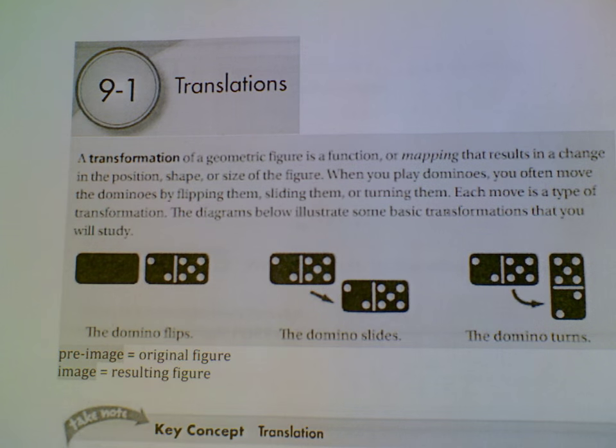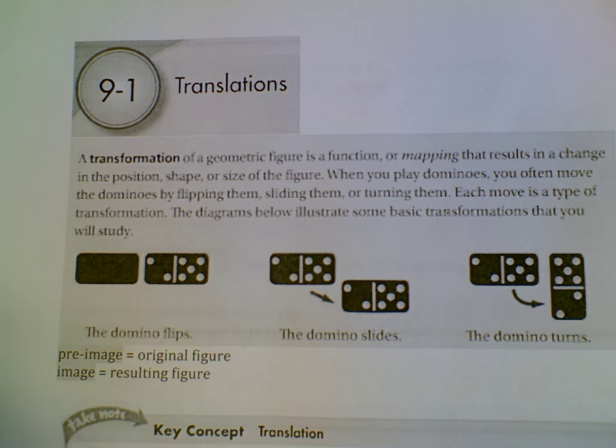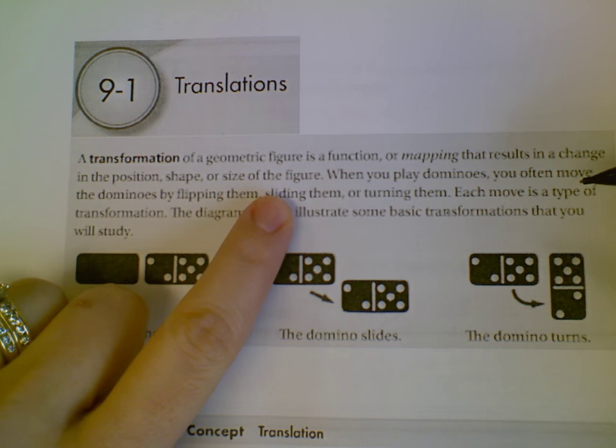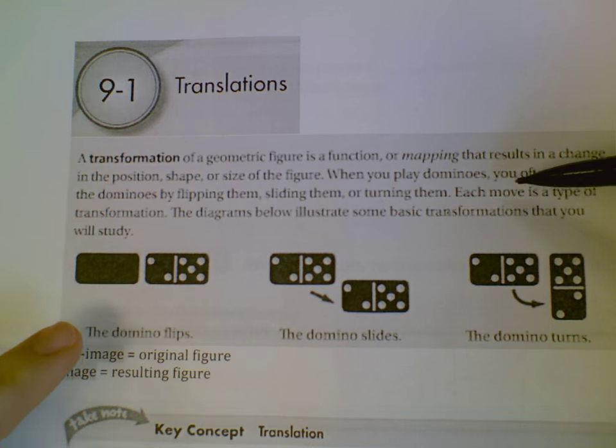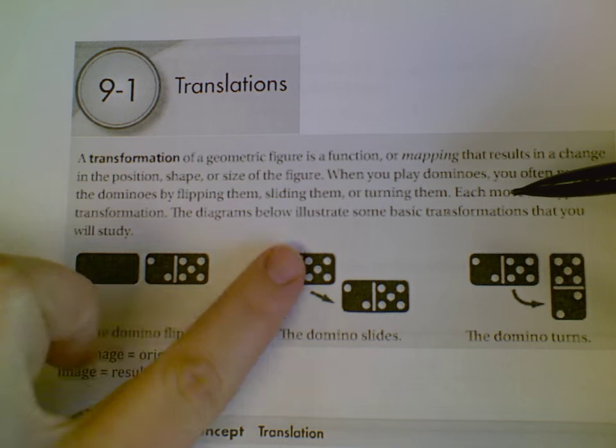So this unit we're going to be working on transformations. I gave you a definition at the top to tell you what a transformation is. A transformation of a figure is a mapping that results in a change in the position, shape, or size of the figure. For example, if you're playing dominoes, you often move the dominoes by flipping them, sliding them, or